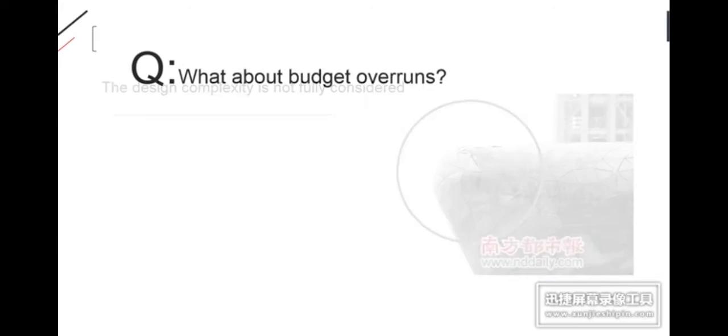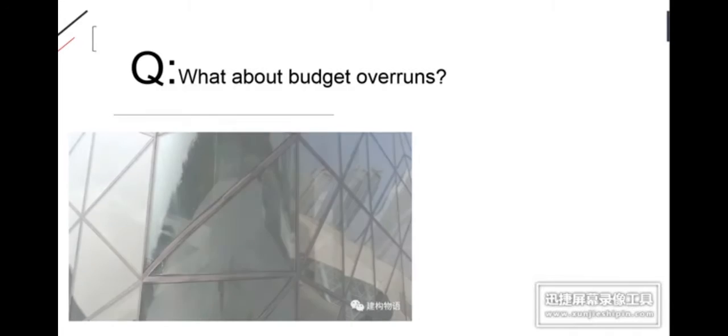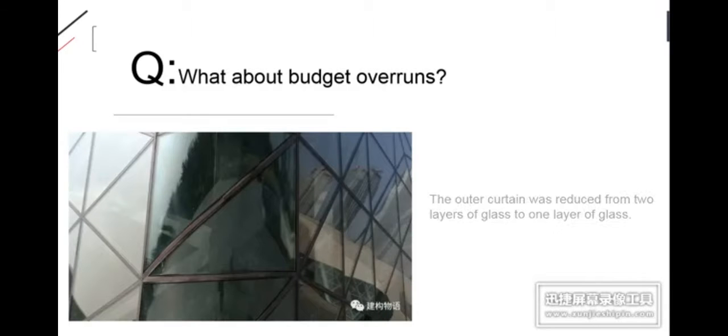The approved preliminary design estimate is 1.38 billion, and in the end it did not exceed. The theater is one of the most complex types of building, with high technical content, involving a lot of professional jobs. Many people are measured by the cost of ordinary buildings, which is completely incomparable. This